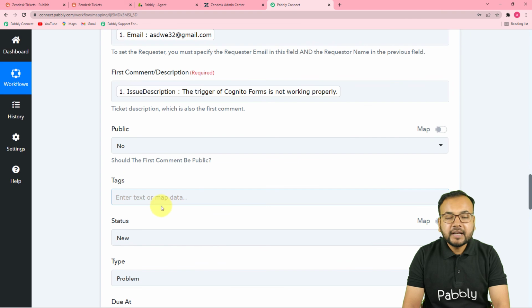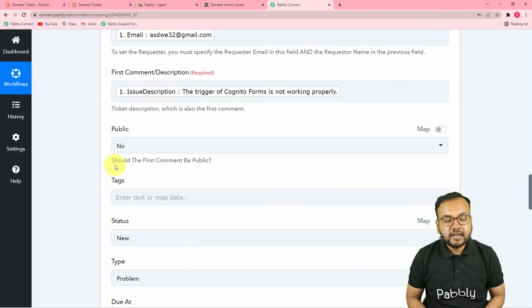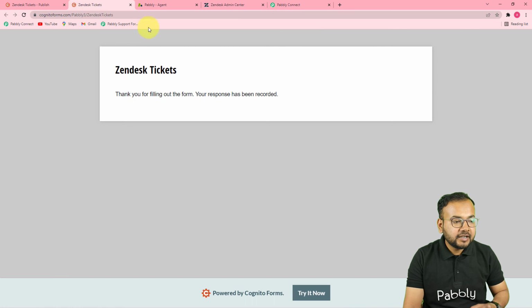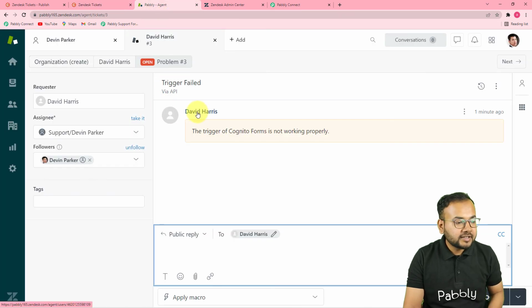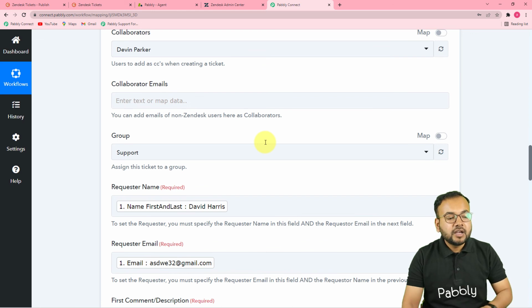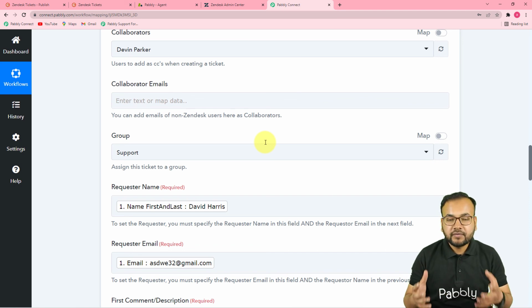When you map the data like this, as and when you receive a new form submission, this data is going to change according to the form submission, and a new, fresh ticket will be created here in Zendesk like this. Setting up this automation is only a one-time task. Once you set up this automation, after that you don't have to do anything manually. As and when you receive a form submission, a new ticket is going to be